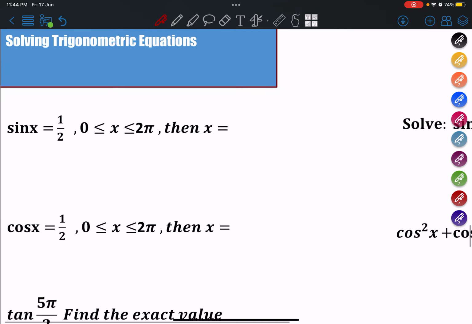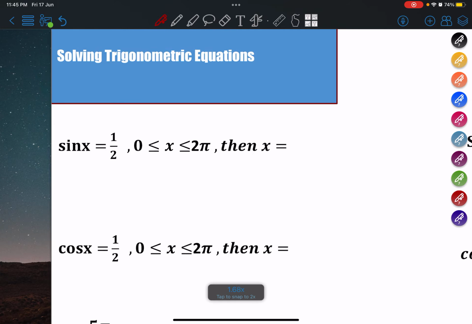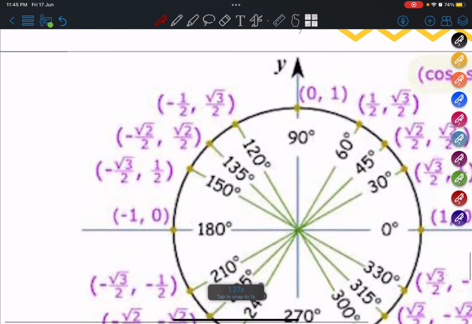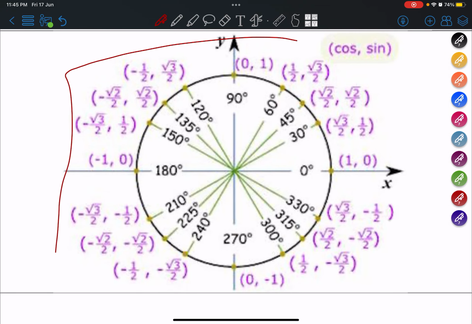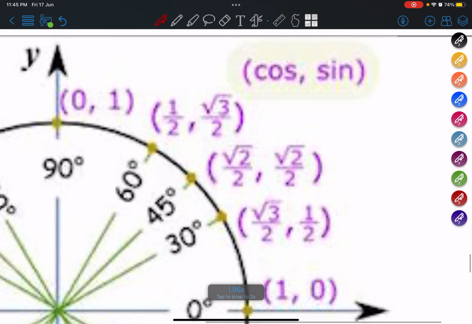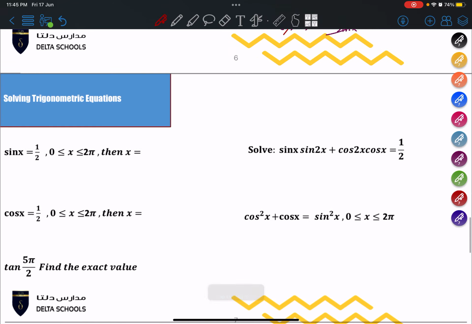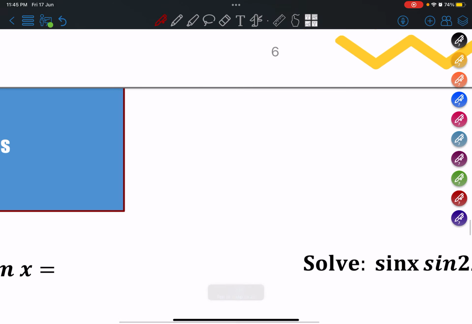Okay, last slide. In order to do these questions, we will have to memorize or understand the entirety of the unit circle. That is very vital. We also have to know that the first term here refers to cosine and the second term here refers to sine. We also have to know that if you want to get the value of a degree in the first quadrant,